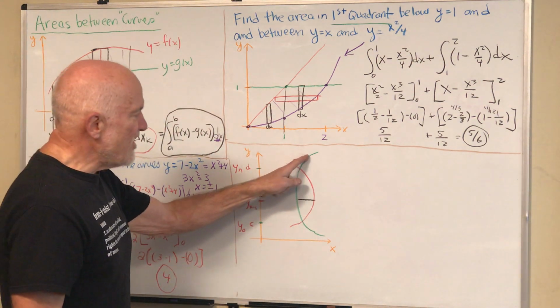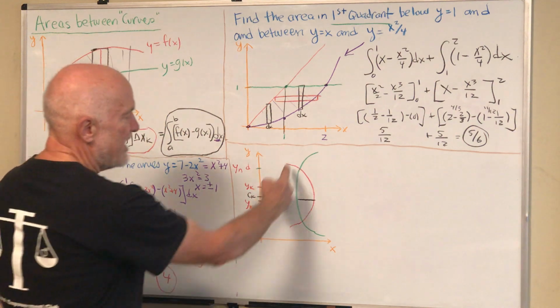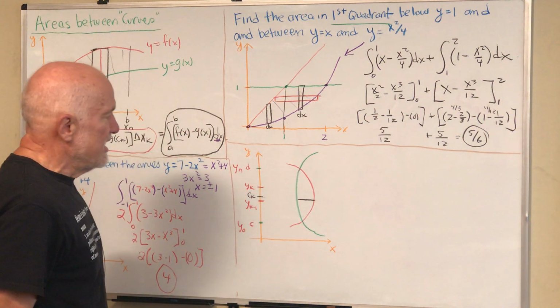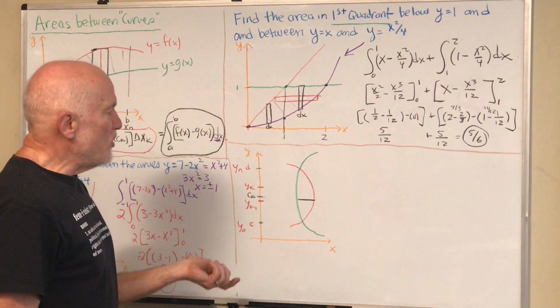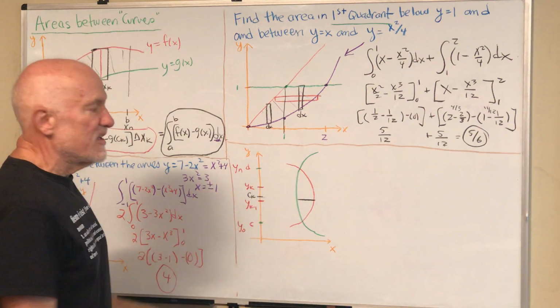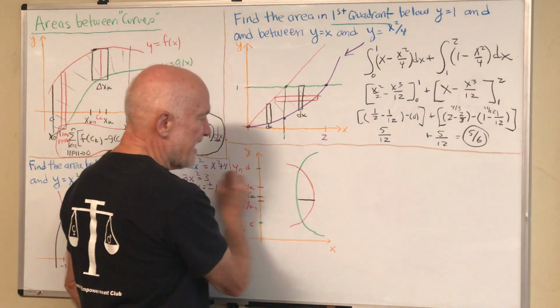Well, these are not functions of x. If I drew a vertical line here, every x value would have 2 different y values. So you don't have y as a function of x, but if I took a horizontal line,